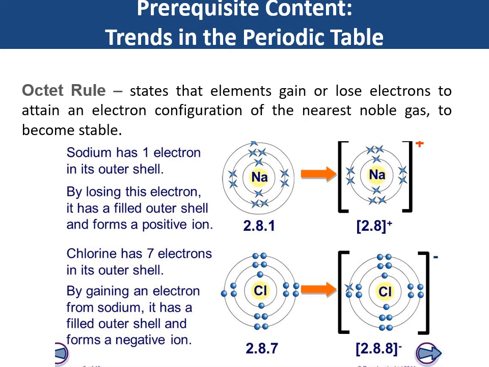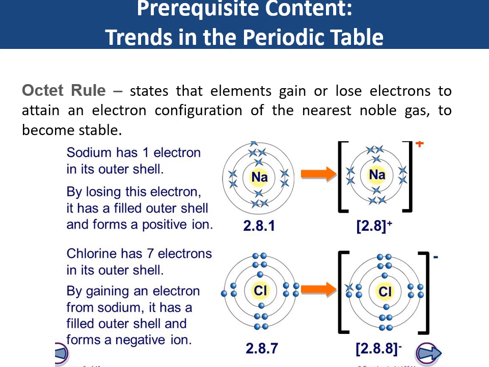Sa octet rule, it states that elements gain or lose electrons. Pwede sila ay madagdagan or nabawasan. Okay. It gains or loses electrons to attain an electron configuration of the nearest noble gas to become stable,